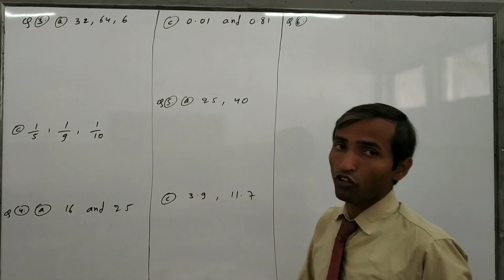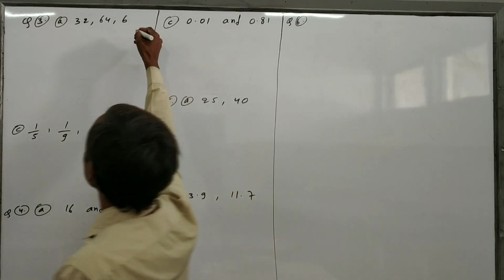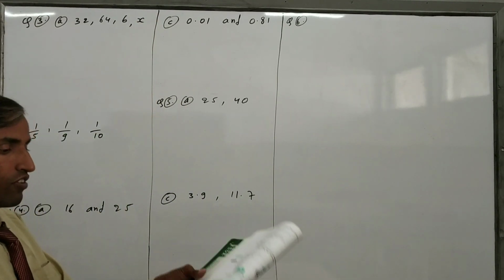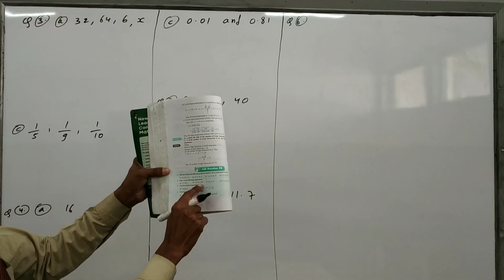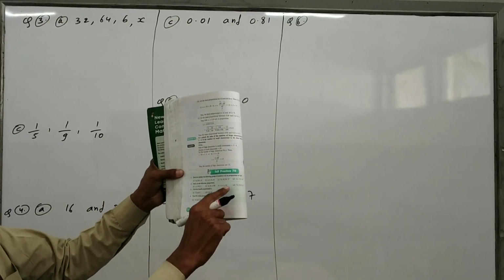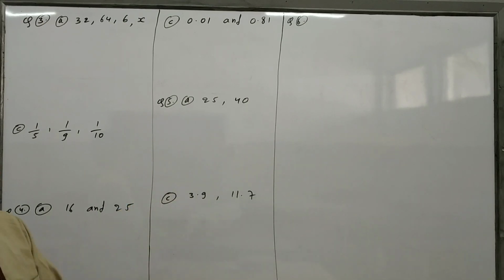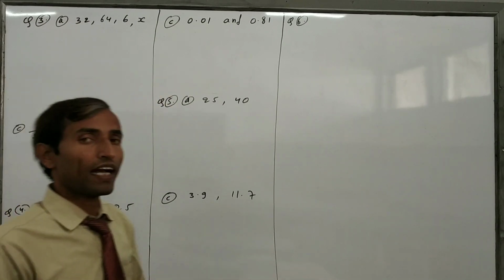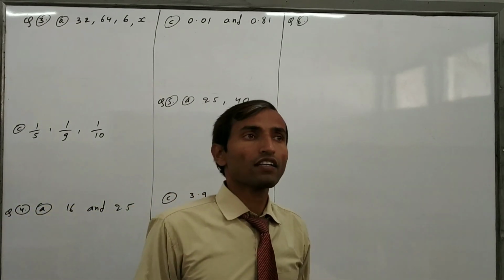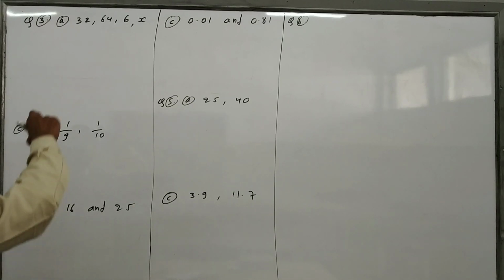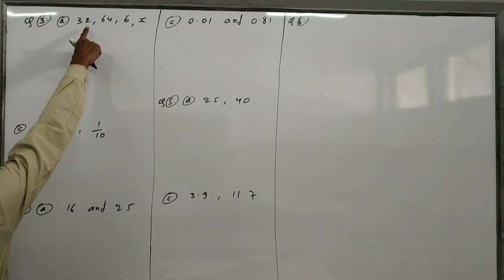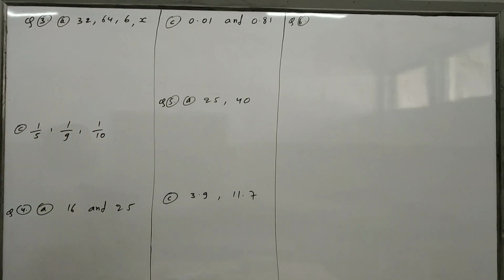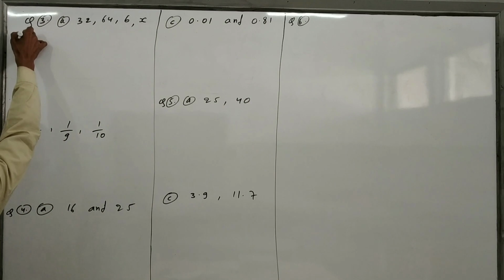In the fourth place, suppose the value is x. Sometimes x can be the first, third, or fourth term. In this question, we suppose the last term, that is 6, is x. Here we have to arrange: product of mean terms is equal to product of extreme terms. We have to apply that formula only. So just write it down.